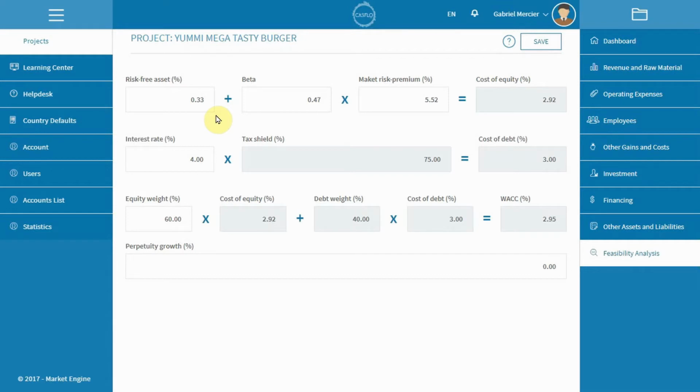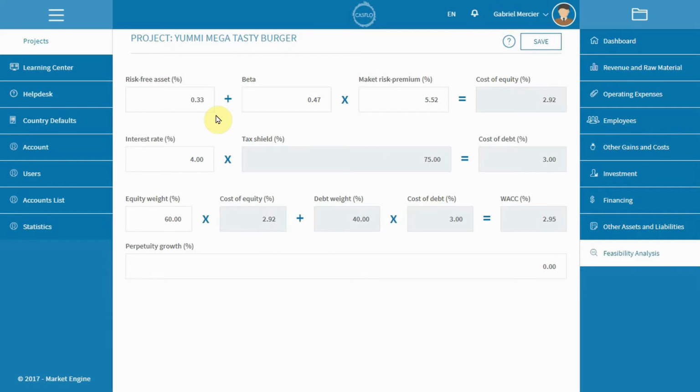Cash flow uses the capital asset pricing model to estimate this cost of equity, and it requires three inputs: the risk-free asset, the beta, and the market risk premium. The risk-free asset is a measure of the return in a financial asset with the least amount of risk. Normally, investors use treasury bills or government bonds as a reference for the risk-free asset. In this example, we will assume that a treasury bill is currently returning